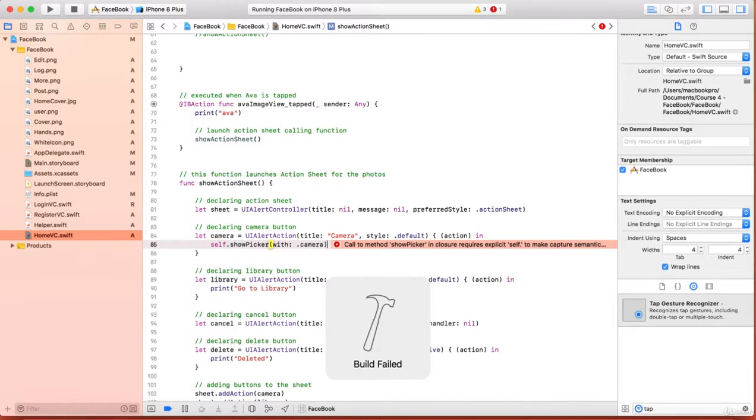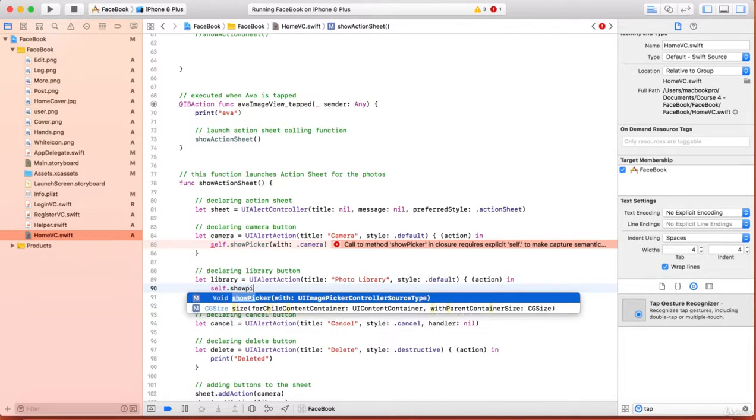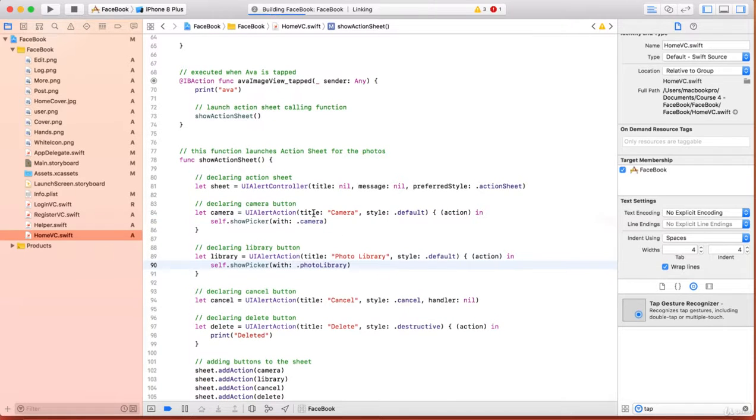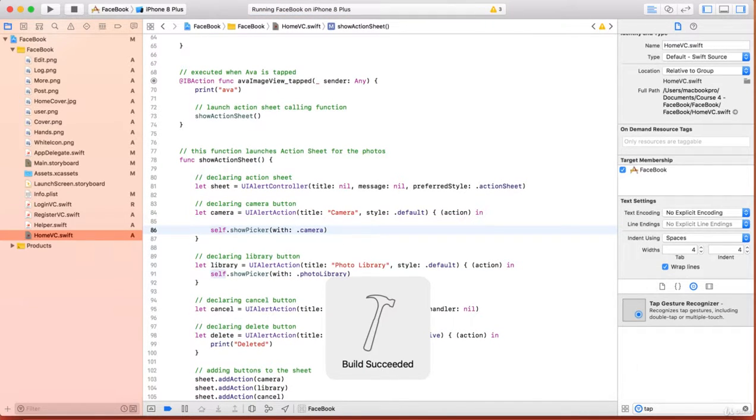Here we need to write self. When we click library, we want to write here let library show picker dot photo library. Very good. And one more, I'd like to show you one professional method of doing this is to use an